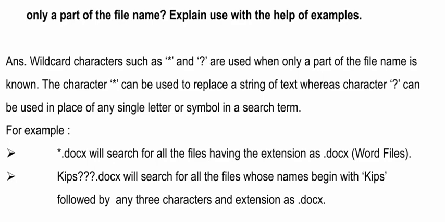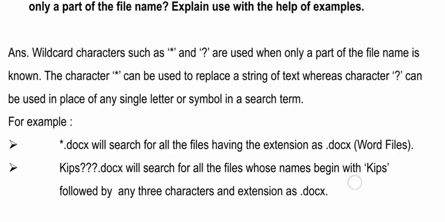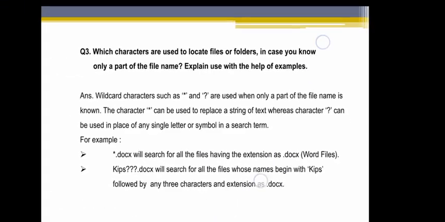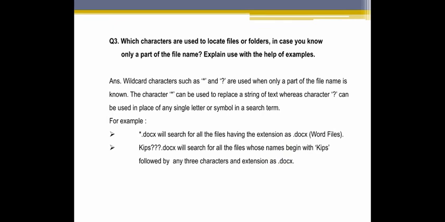So, computer will search only those files which are made with MS Word, and in their name there can be any number of characters. Now, the second example is kips 3 times question mark .docx will search for all the files whose name begins with kips followed by any 3 characters, and the extension name will be .docx. So, in this way we have completed